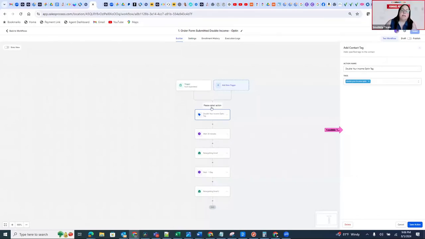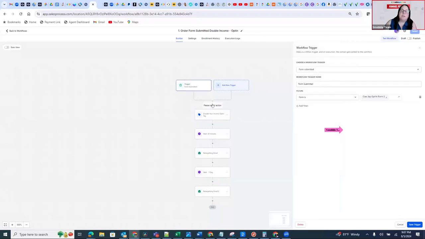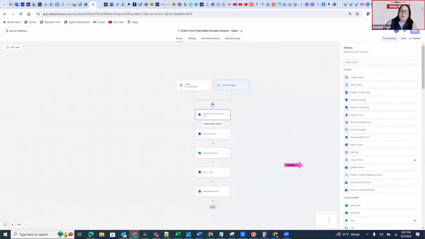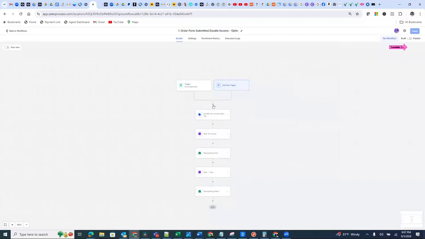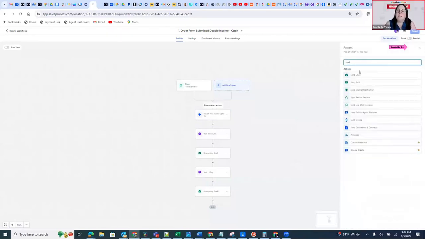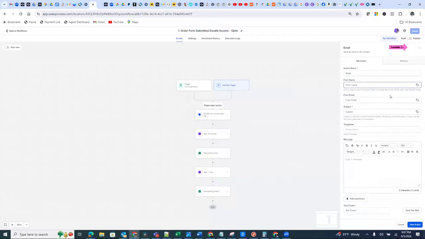Yeah, you clicked out of it before you saved. So you just have to click there. You have to click the plus sign again. So just close this window here. Which one? This one? Okay, this right here. Okay, got you. And then do this right here. Yeah, and then send email.